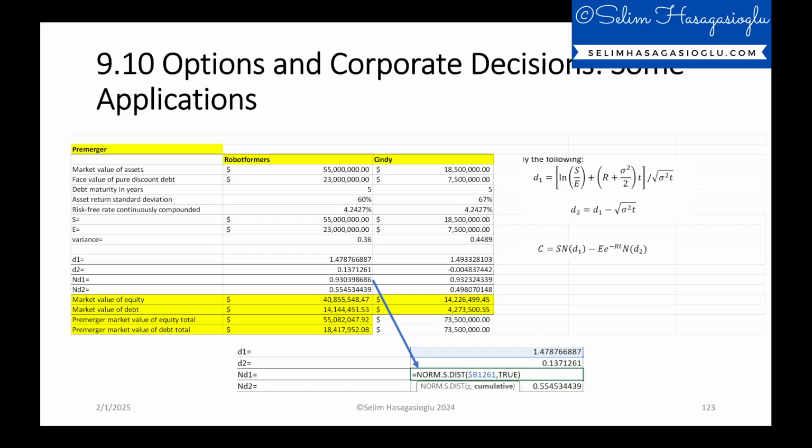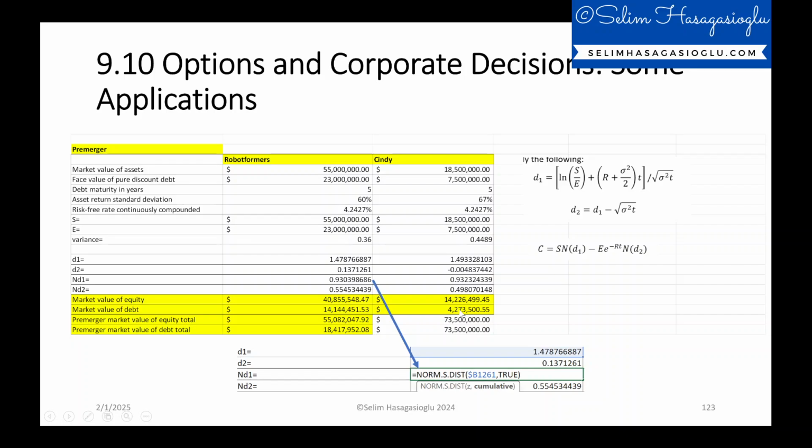You need to end up with these two market value of equity values for both companies, and for market value of debt, just subtract this value from the market value of assets,